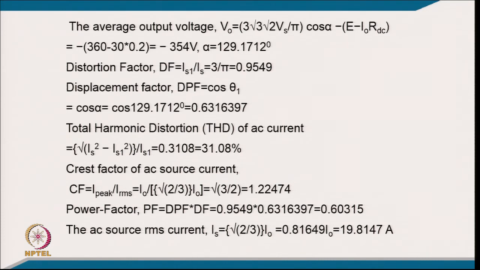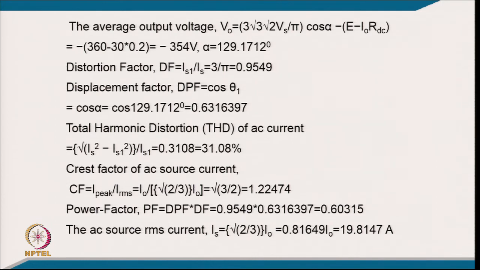The average output voltage, calculating from this value, comes to minus 354, and alpha corresponds to 129.17 degrees, which is more than 90 degrees. It means it is working as a line commutated inverter. The distortion factor is IS1 upon IS, so it is 3 upon pi, that is 0.9549, and the displacement factor is cos theta 1. Putting the value of alpha here, it comes to 0.6311837. The total harmonic distortion, from the square root of IS square minus IS1 square by IS1, comes to 0.3108,